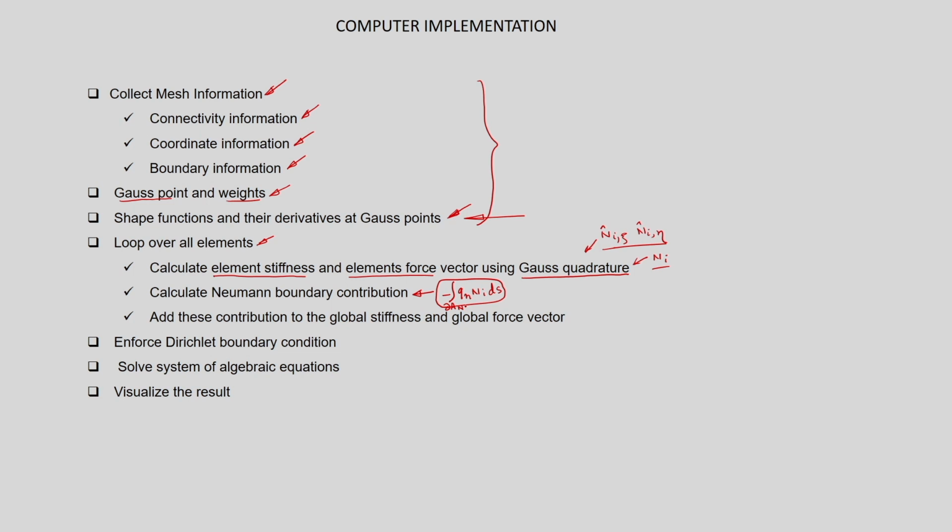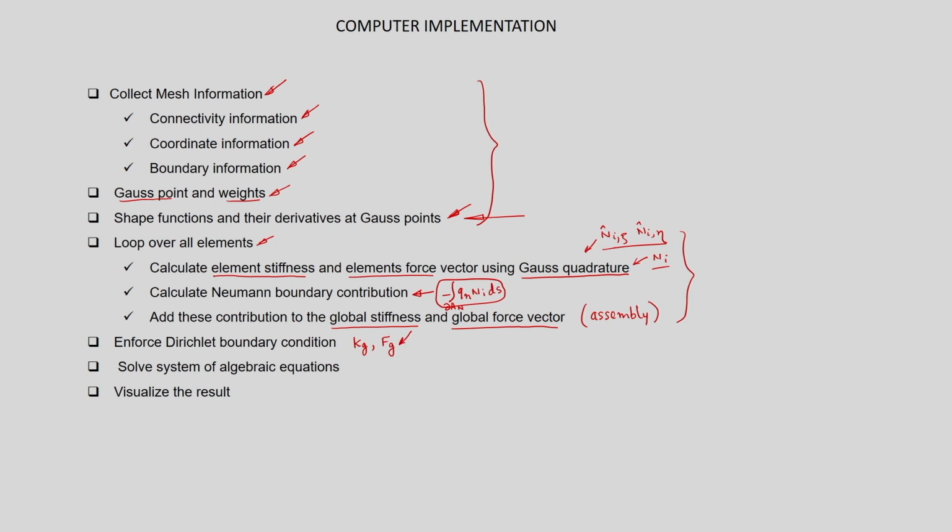Okay. Next, we will be putting this element contribution into the global stiffness matrix and the global force vector. So, this is what we call assembly. So, we already told this is what is called assembly, right. So, here the loop over elements ends, alright, and at the end we will get the global stiffness matrix and global force vector. So, we will term this as Kg and Fg, okay, global stiffness matrix and global force vector at the end of the loop over elements.